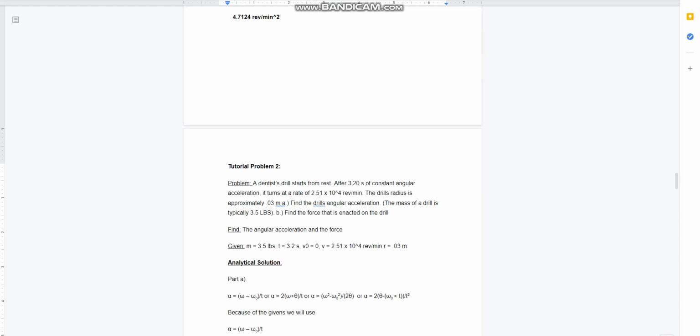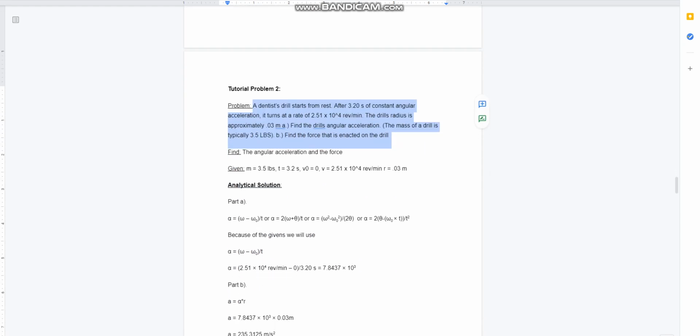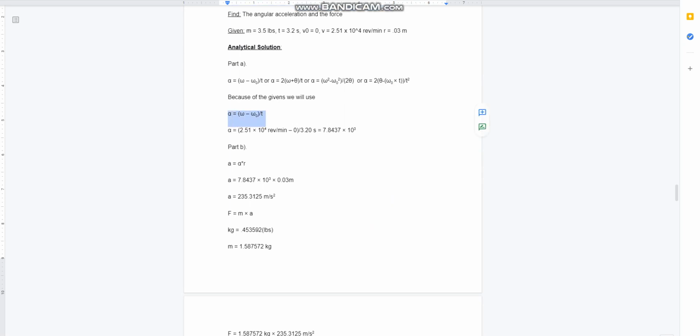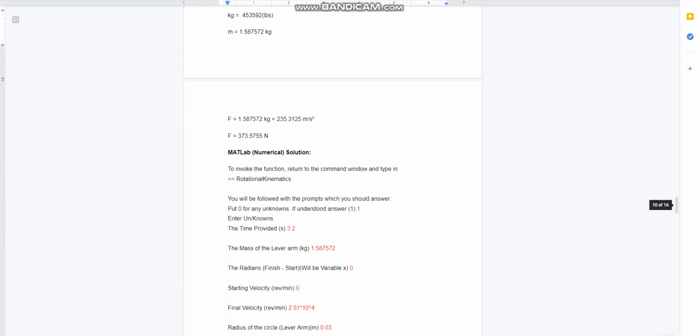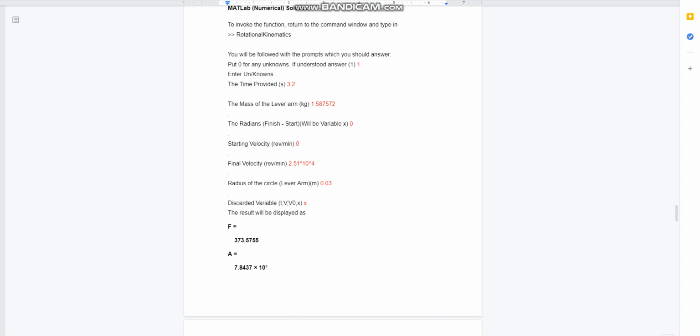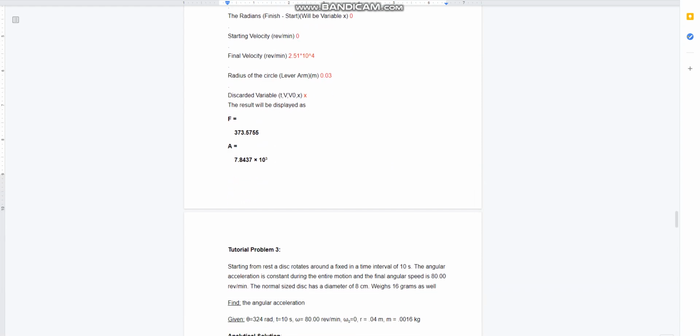So tutorial problem 2 is pretty much identical to tutorial problem 1. The only difference is we are able to use a different kinematic equation. So for that as well, we come down to the code here. Our discarded variable would be x, aka theta. And then we go down to tutorial problem